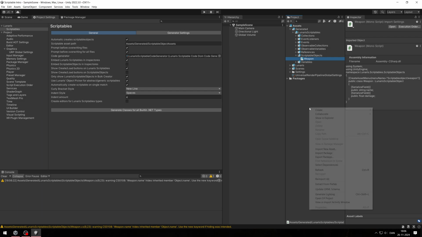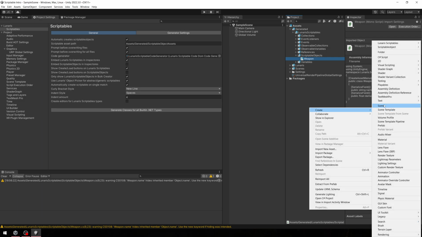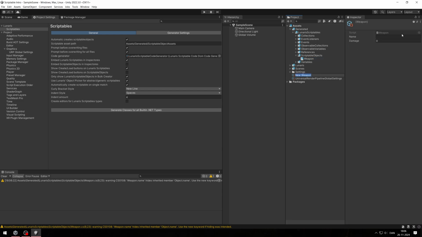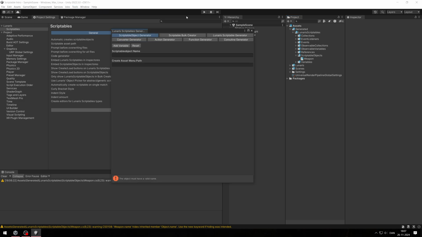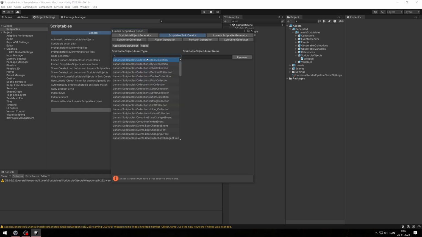We can now easily go in here to create and go up into scriptable objects and weapon. And we should be able to see our new scriptable objects in here. However, if you want to create multiple at the same time, we want to go back into the generator tools and we can go to the bulk creator and we can actually create multiple in here by just going here